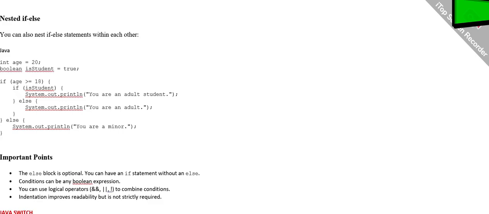If-else if ladder. When you need to check multiple conditions, you can use the if-else if ladder. Java. int score = 85; if (score >= 90) { System.out.println("Grade A"); } else if (score >= 80) { System.out.println("Grade B"); } else if (score >= 70) { System.out.println("Grade C"); } else { System.out.println("Grade D"); }